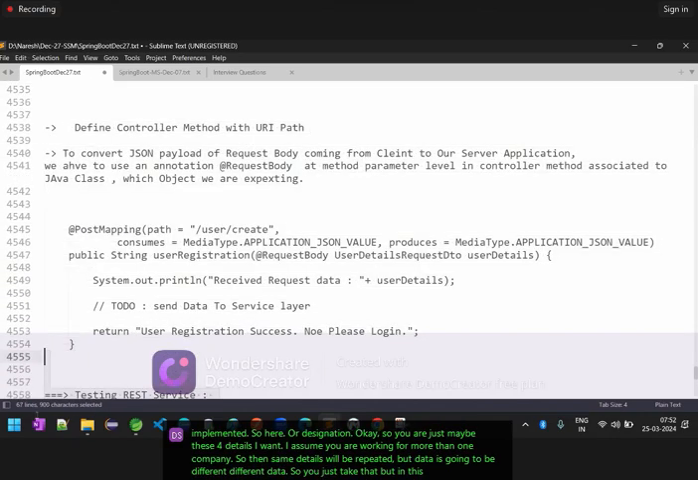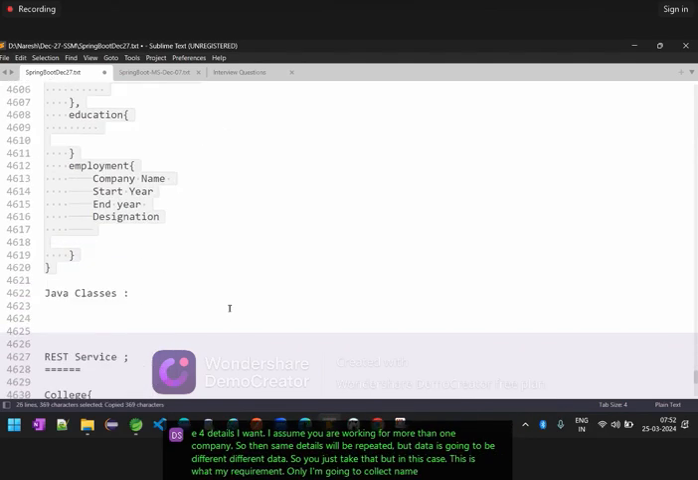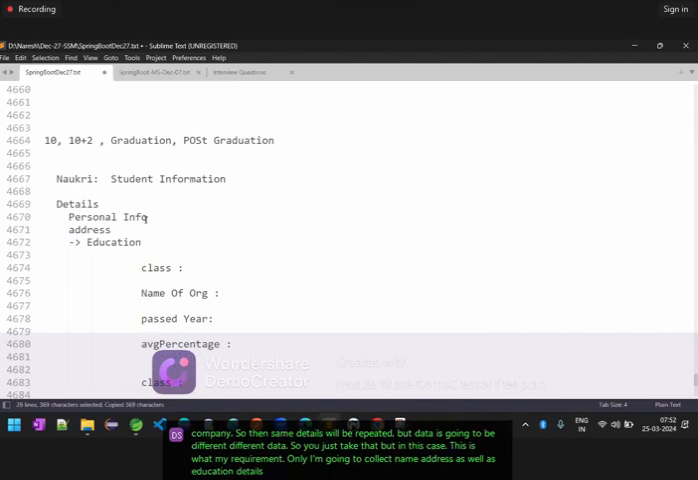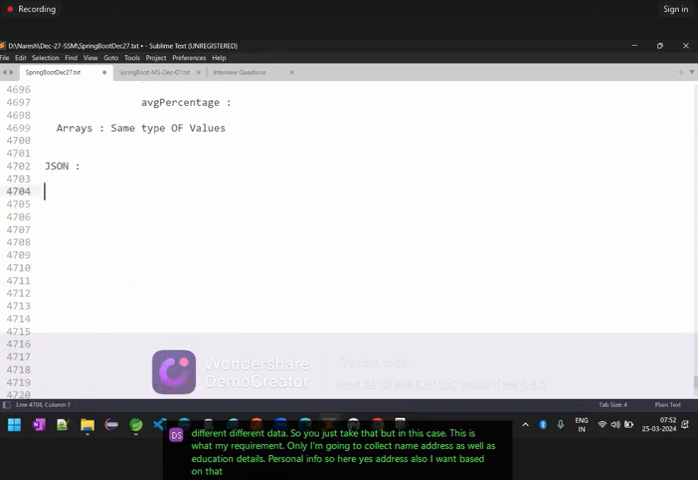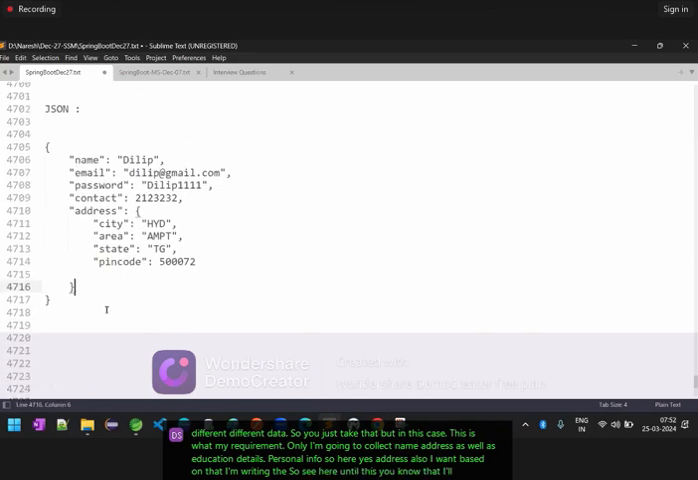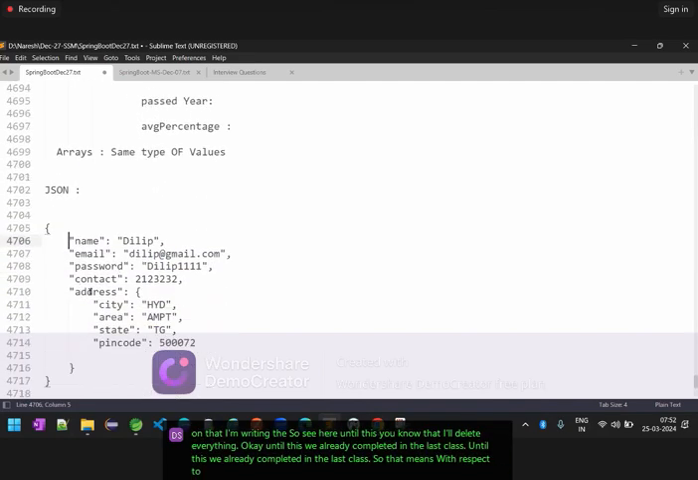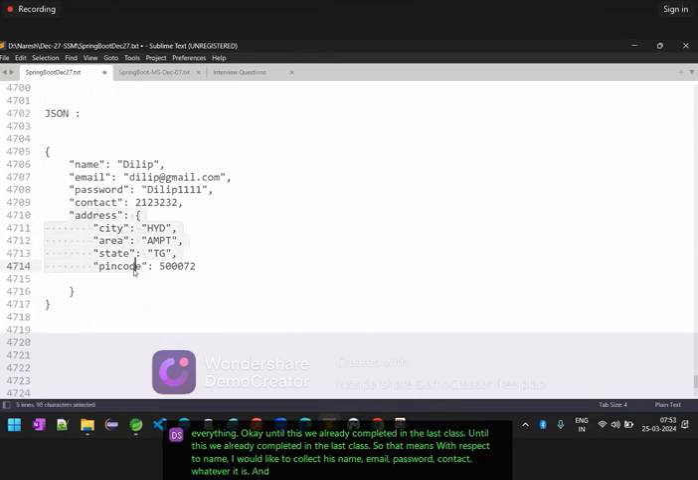But in this case, this is my requirement. I'm only going to collect name, address, as well as education details. Personal info. So yes, address also I want. Based on that, I'm writing the JSON. Until this, you know, I'll delete everything, because we already completed that in the last class. So with respect to name, I would like to collect his name, email, password, contact, whatever it is, and I'm also collecting address information. So up to this, it is a nested JSON